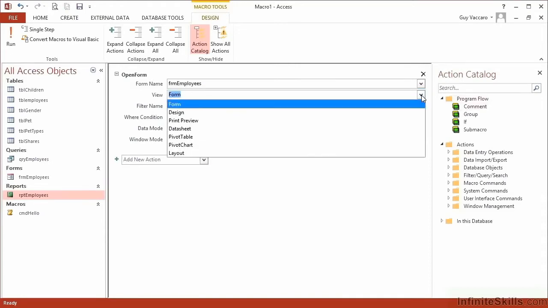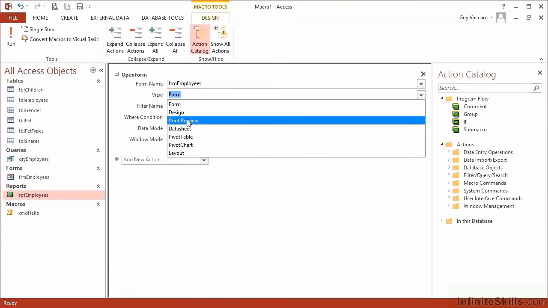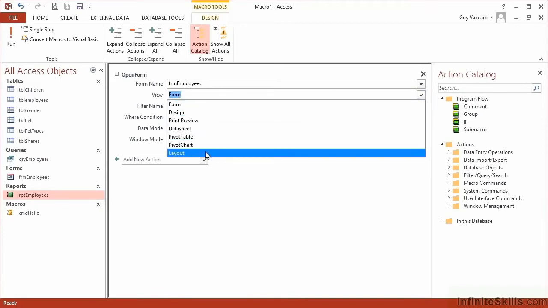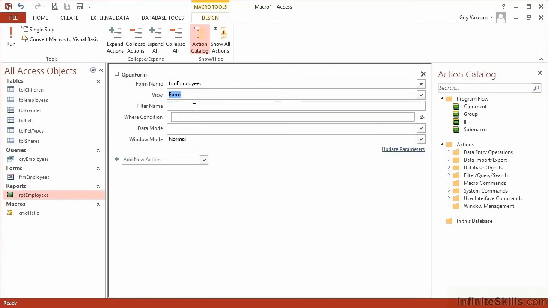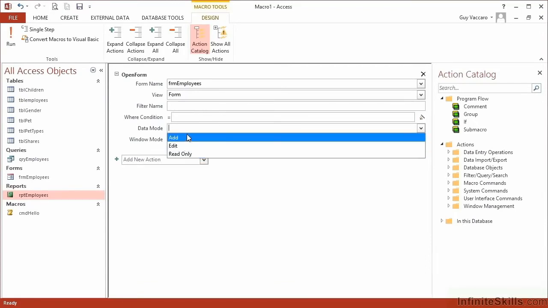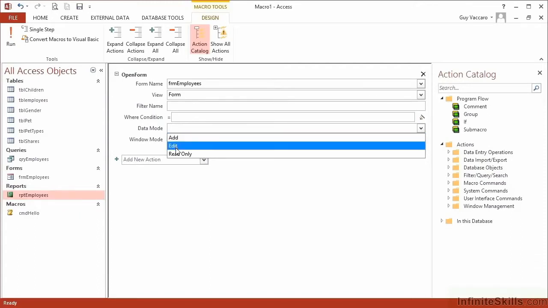What view would I like to open it in? I have the choice of form view, design view, print preview, datasheet, pivot table, and pivot chart, and I want simply form view. Do I want to add a filter? Not at this stage. Do I want to add a where condition? Again, not at this stage. I would like to just open the form and see the employees. Data mode: